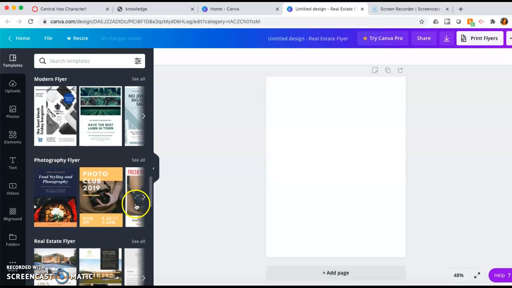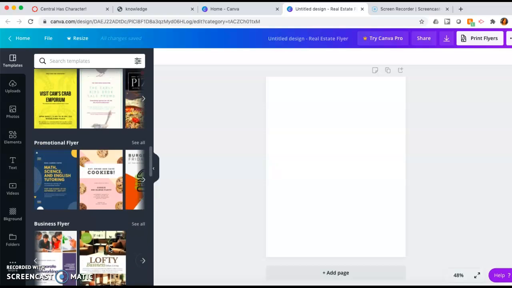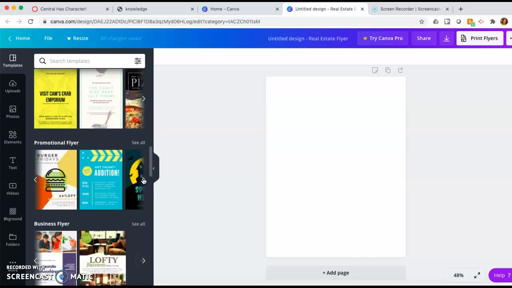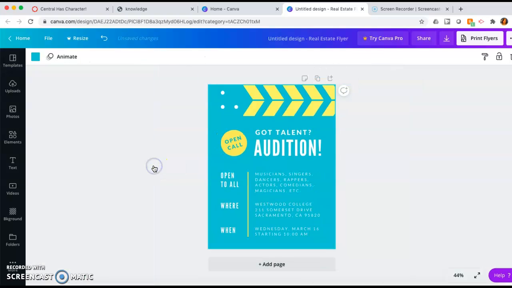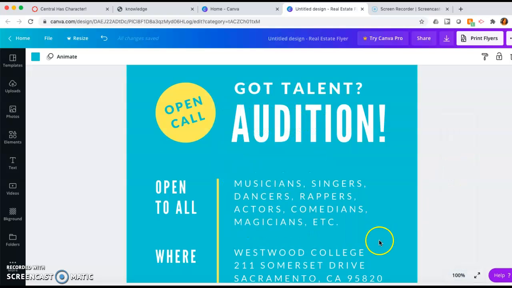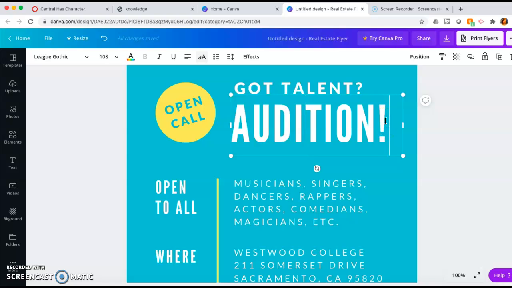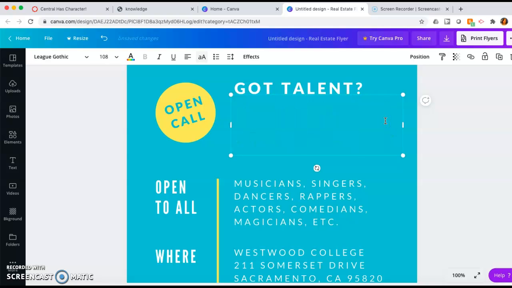I'm going to find one. All right, I like this one. And I'll show you why in just a minute. So I've gone ahead and I've chosen a template. I can increase the zoom factor down here. So know that you can zoom in and zoom out as you need. And I'm literally just going to click on the text boxes that are there, backspace, and fill in with what I want to say. So if I was doing one on integrity,